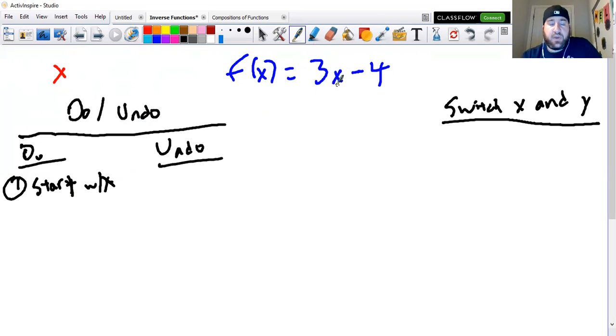So now, ignoring the x, I've got to look at what operations I'm doing. I've got this 3 and I've got this 4. What operations do those represent? This 3 represents multiplying. This is 3 times x. And this 4 is subtracting, minus 4. We have to do those operations in order of operations. Multiplying, M, comes before subtraction, S, in PEMDAS. So I'm going to multiply